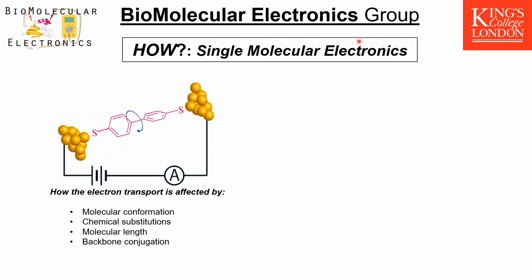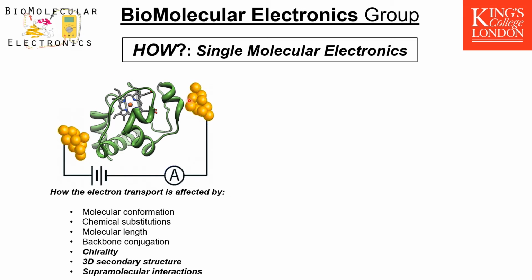Our group comes from this field called single molecule electronics, where we have the ability to create electrical contacts in single molecules between two electrodes in a nanoscale gap, like the one represented here. With this kind of single molecule device, we were able to look at how electron transport in chemistry is affected by things very important in chemistry, such as conformation, substitution, length, conjugation, etc. This field has been evolving in the last 20-30 years, and now as a group, we went one step further